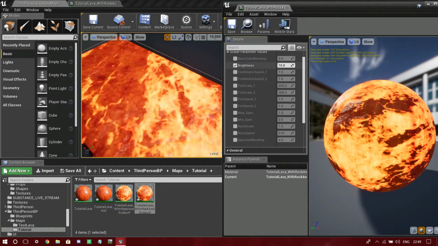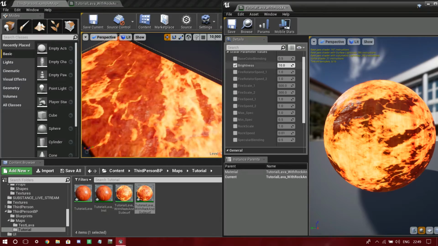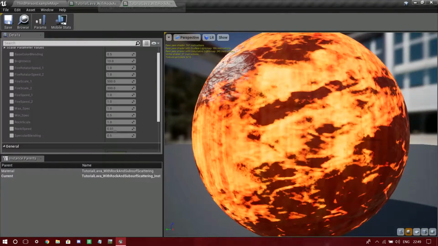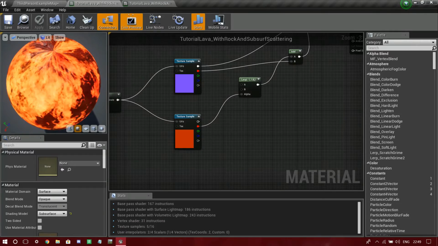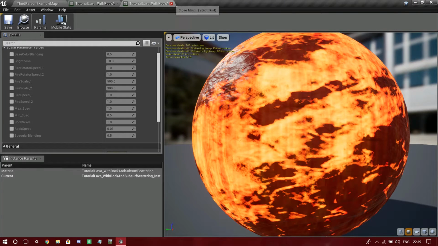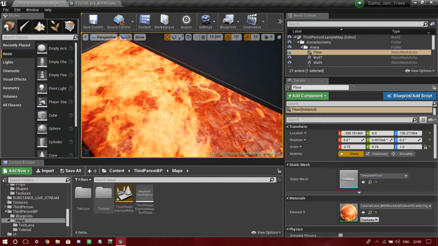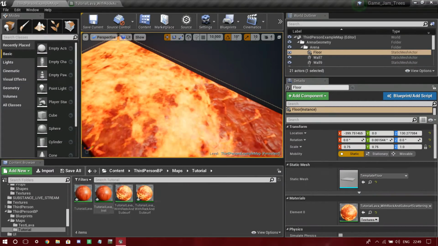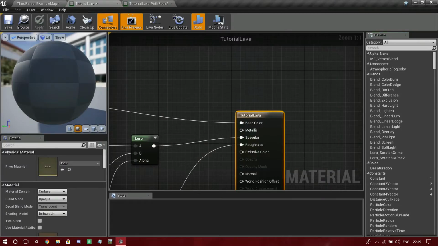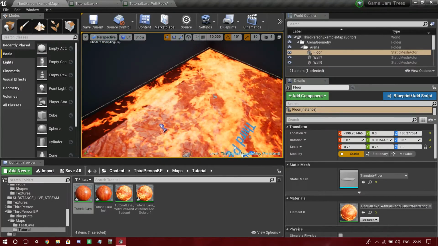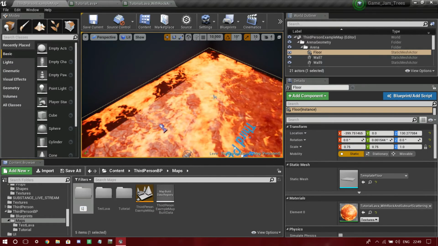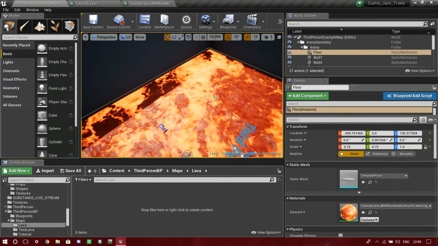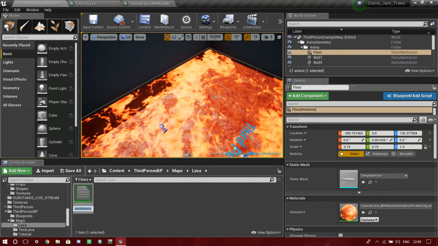Okay, so I'm gonna put it here, and I'm gonna keep looking at these two materials that are open here and here. I mean, my bad. These two lava materials, just to get it through quickly and show you guys what I am doing and why I am doing it. First, let's create a folder called lava. And I'm just going to right click, create a material,